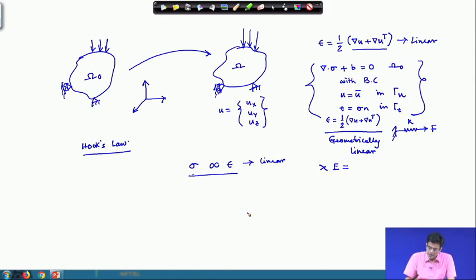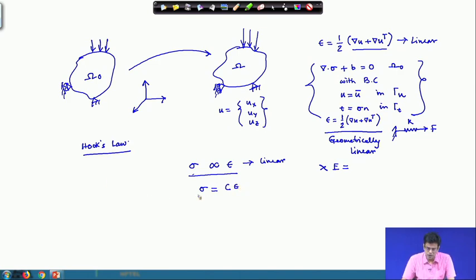So, this is where the need for the constitutive relation comes in. In our governing equation, for a different material the constitutive equation will be different. The proportionality constant, if I write it in a simple manner